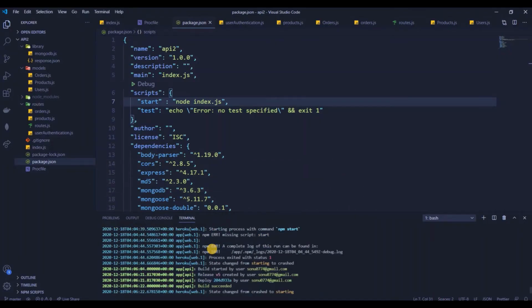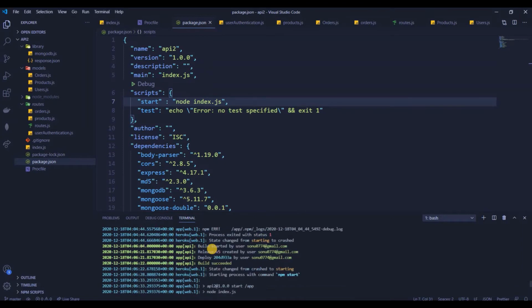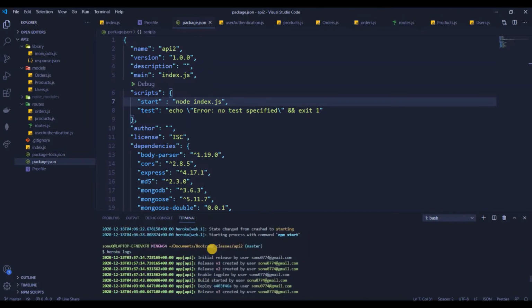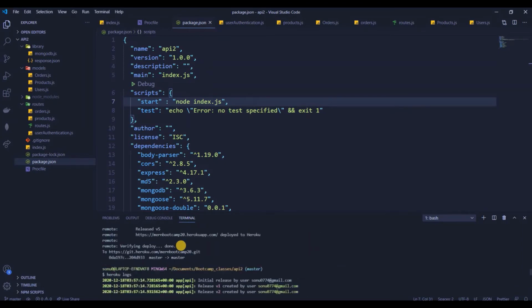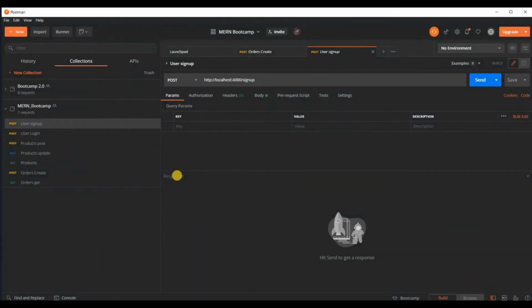Now, what was the URL that we had? Let's go ahead and see that. When we deployed, this was the URL, right? HTTPS, the bootcamp URL slash. So now in the collection that we created, let's check what's going to happen if we write this.